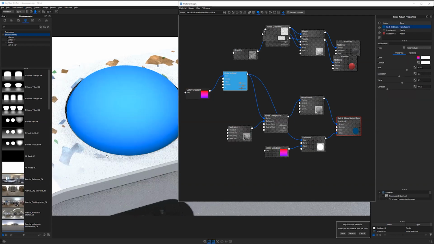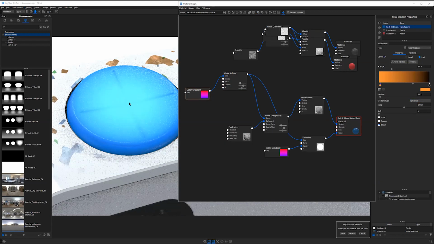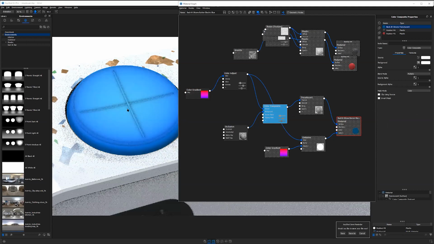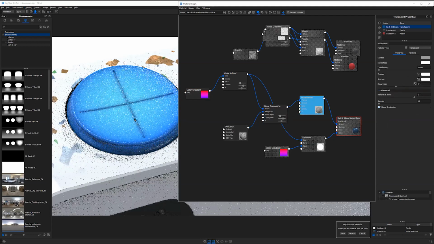So we're basically going from a color gradient that's a darker, more saturated color to a lighter, less saturated color in the middle. And that color gradient is set to spherical. That's how we get that kind of spherical gradient where it goes from the outside to the inside. From there, we composited those using the occlusion. So that's going to give you this effect. And that went into the color of the translucent material, giving us this nice, soft, almost glowing look,